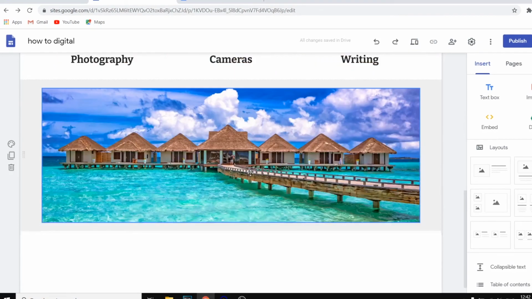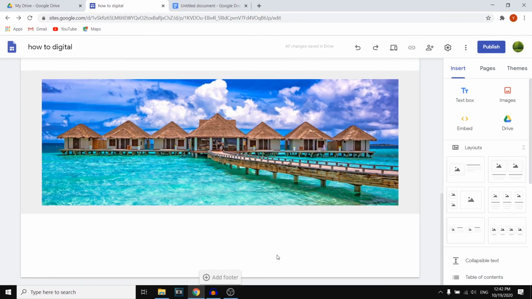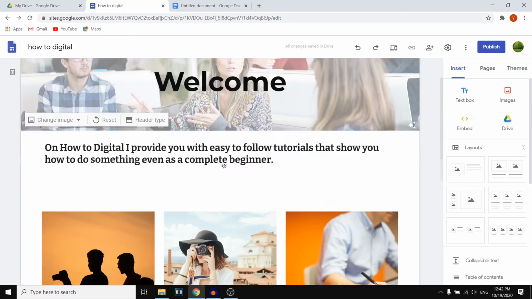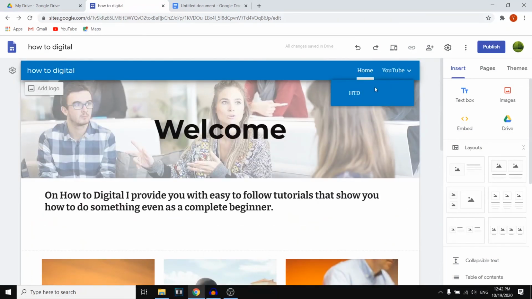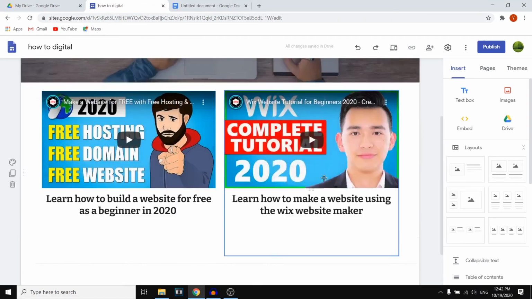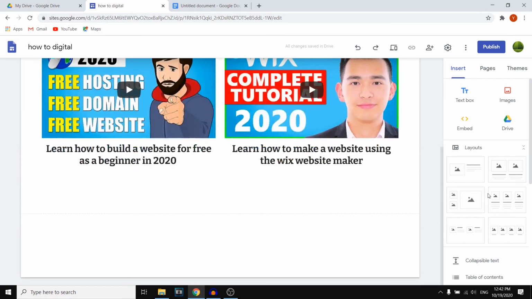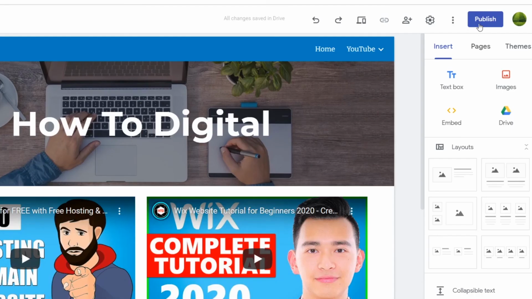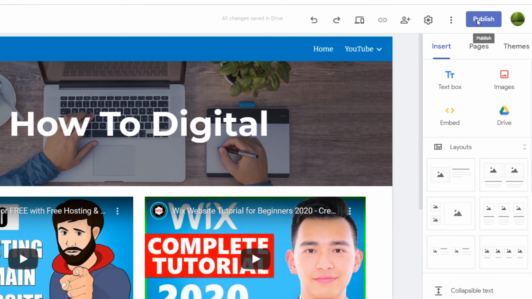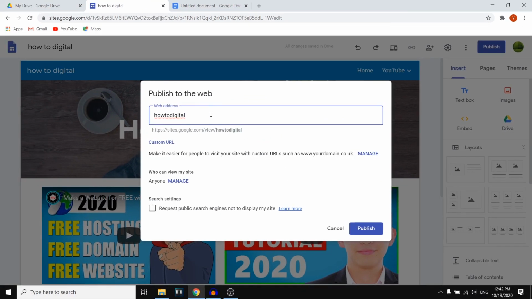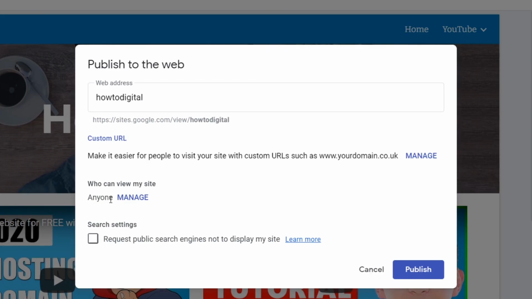All right. Now, with all of that being said, guys, that's pretty much how Google Sites works. So right now, I've built a simple website. I've built a few simple sub pages that look like this. So how can you actually publish your website once you've actually built up the entire website? So all you need to do for that is click on the green publish button in the top right corner. And then right there, you can add a web address. So this would be the website that people can visit. You want to make sure it's visible to anyone so that everyone can see it. You want to make sure it will end up in the SEO as well, so you can rank.